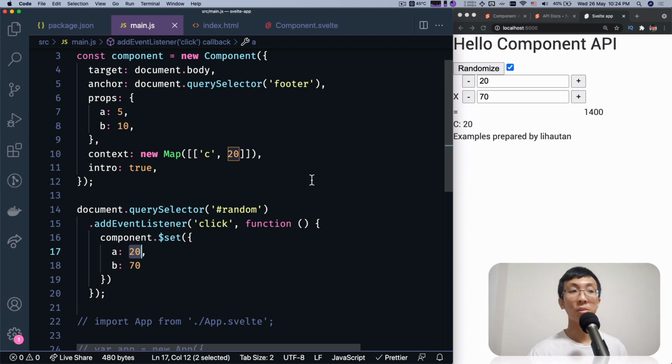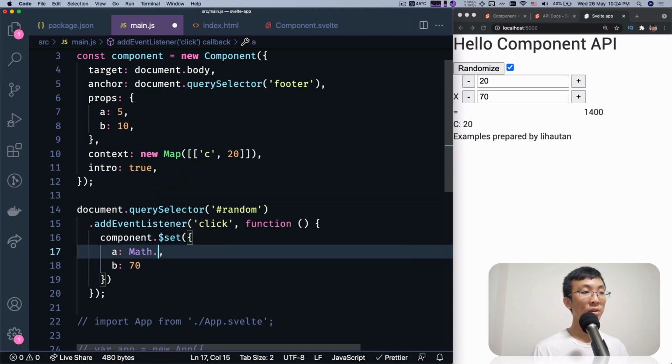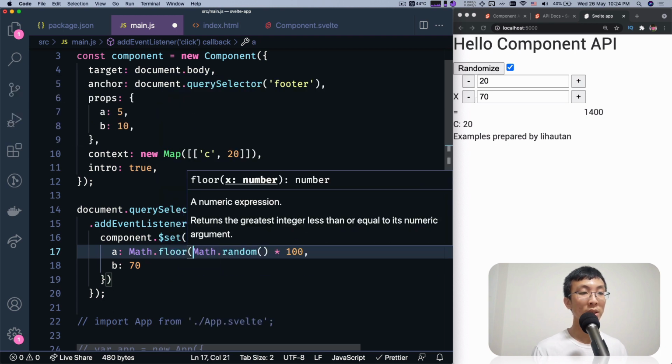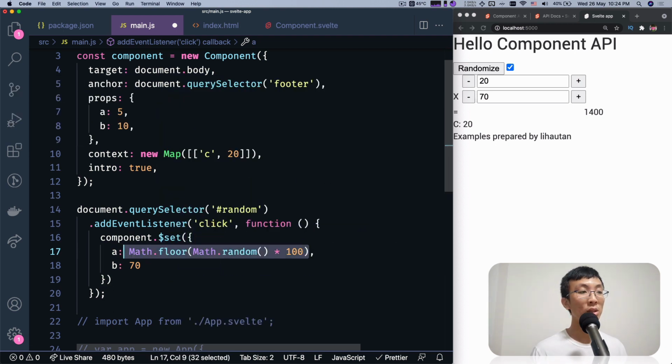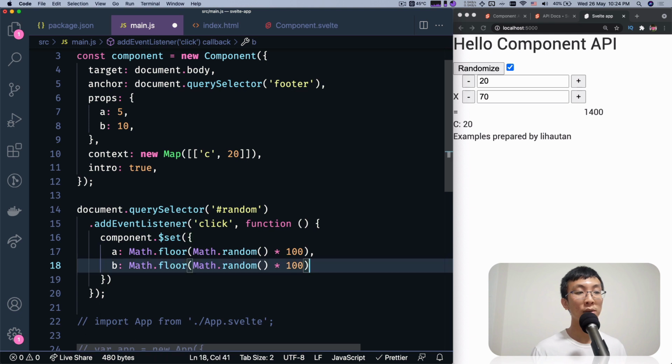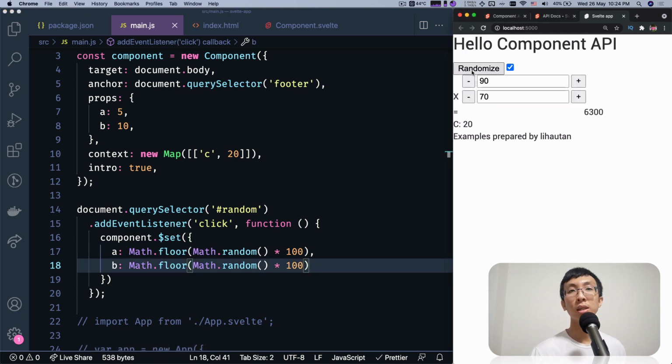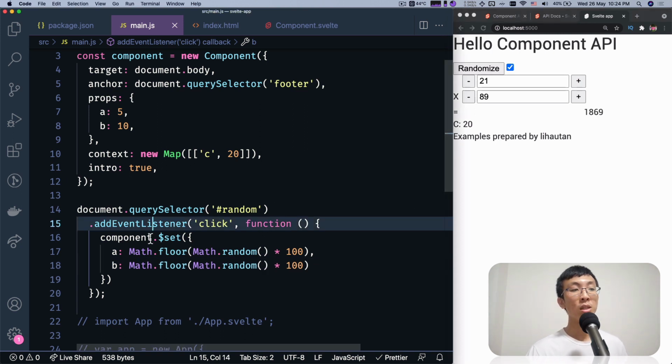So I want random, right? So probably I can use Math.random, and then times 100, Math.floor. So I get a nice round integer number in a range from 1 to 100. So let me save this. Now I randomize, you can see that this is changing A and B every time I click. So this is useful when,